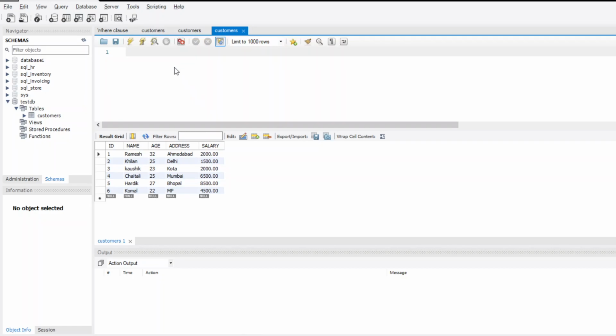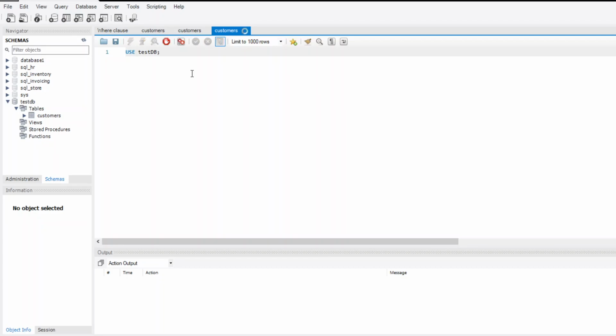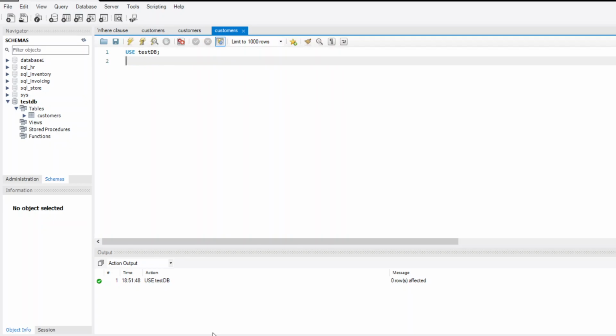But first I have to write a query to use database testdb. So I will write the query use testdb semicolon, then Ctrl+Enter. As you can see in the action output, our query is successfully executed. Now I can perform our task.